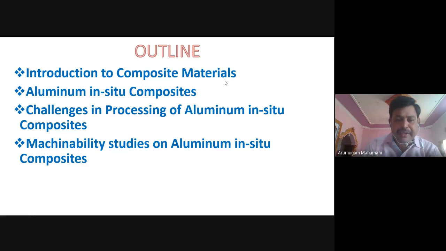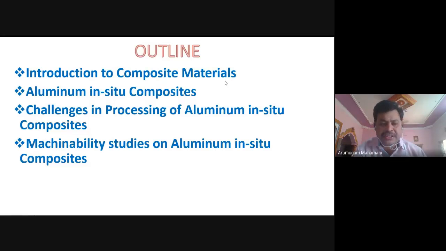So for giving a proper introduction, I added this part, introduction to composite material. Here, aluminum composite, particularly ex-situ composite, you will get a lot of material globally, plenty of material available in literature. But in-situ composite is very limited. Very few people are doing research. So I want to explain the synthesis,